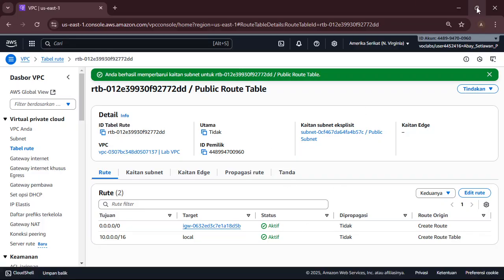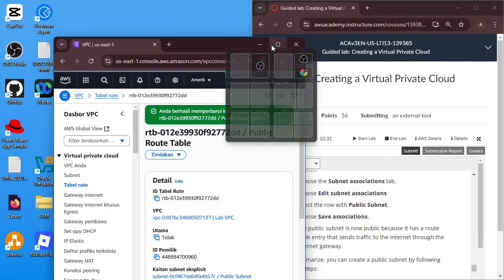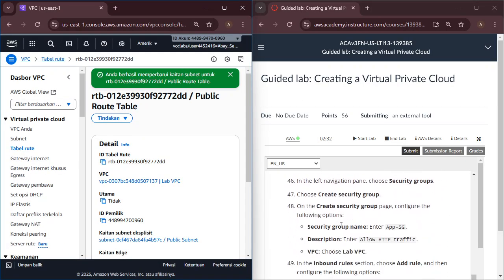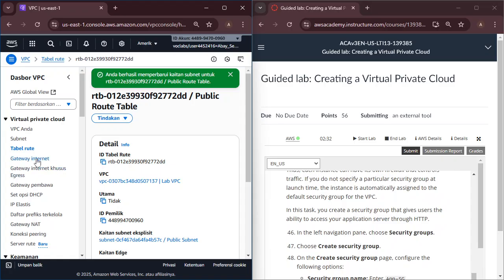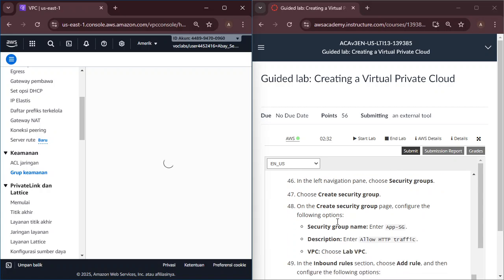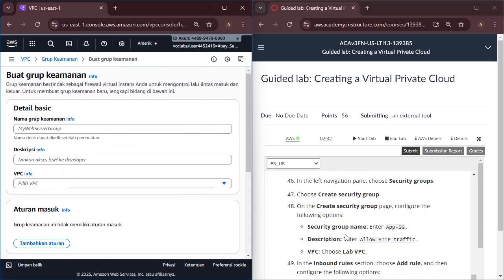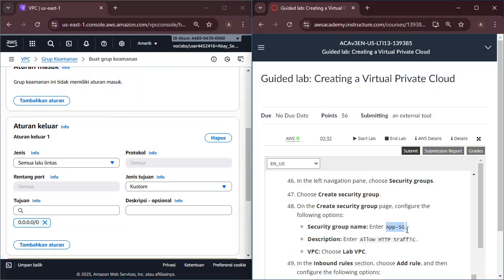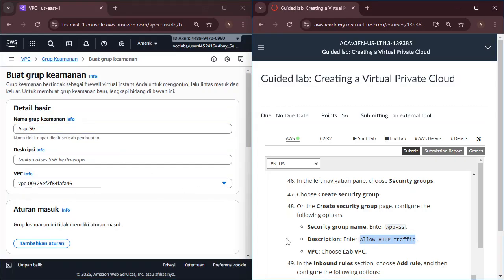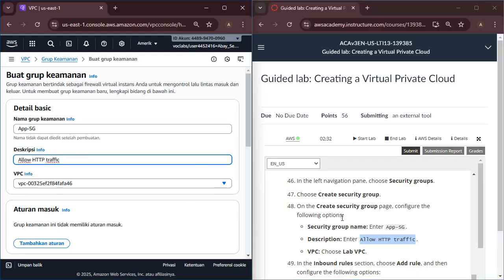On the fifth task, on the left page, choose Security Groups, and create a security group. Then the name is FSG. The description is to allow HTTP traffic. Then I will choose the lab VPC.